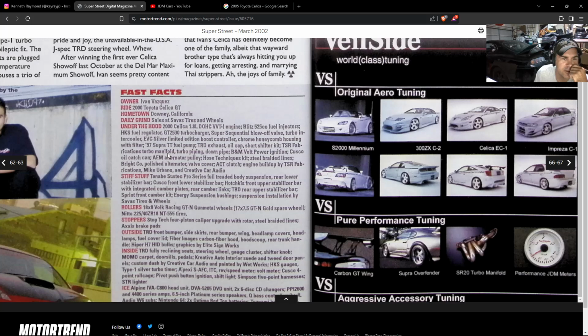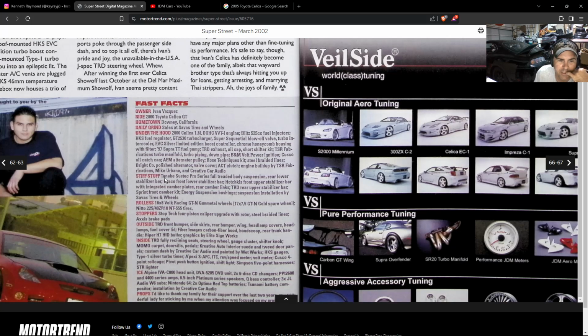TSR Fabrications turbo manifold, turbo piping, downpipe, B&M volt power ignition, Cusco oil catch can, alternator pulley, hose techniques kit, steel braided lines, Bright Company polished alternator valve cover, ACT clutch, engine buildup by TSR Fabrications, Mike Urbano, and Creative Car Audio. It's got some Tanabe